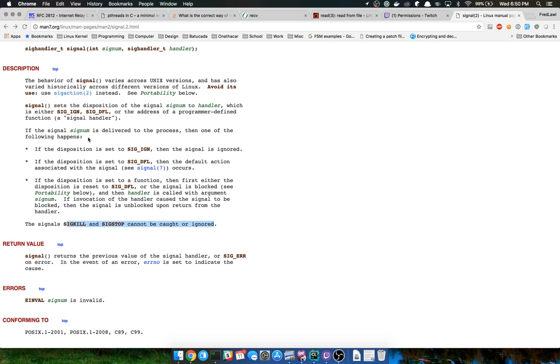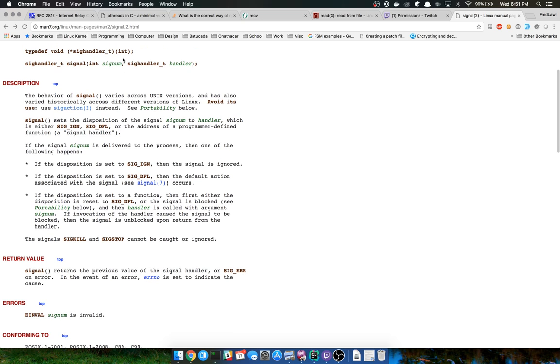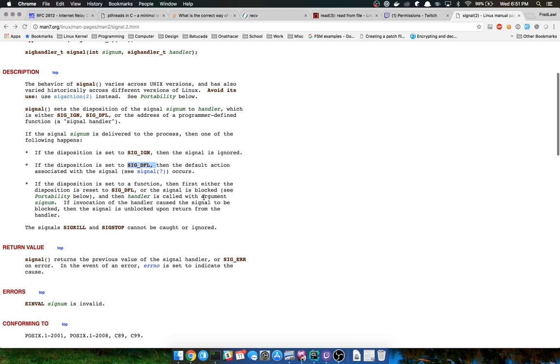If the signal is delivered to the process, then one of the following happens. Oh, okay. So the integer that's being passed into our function pointer tells us whether or not it's going to be ignored. Then default action associated with the signal.